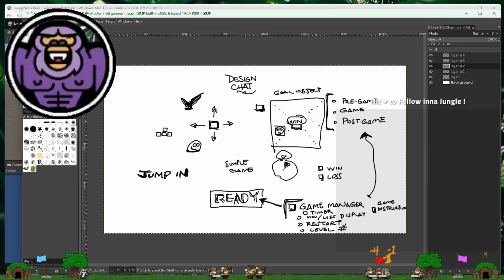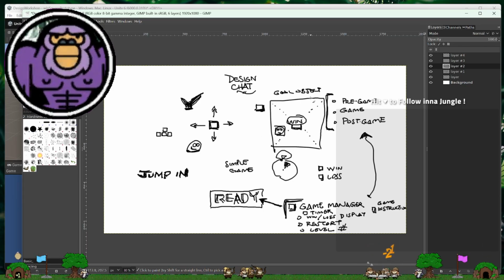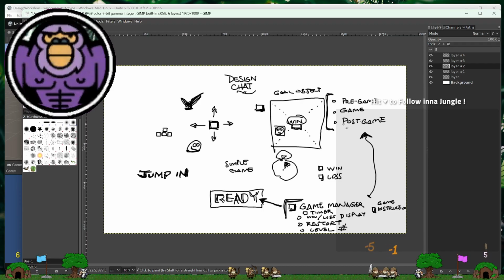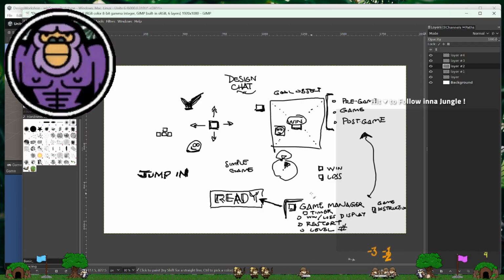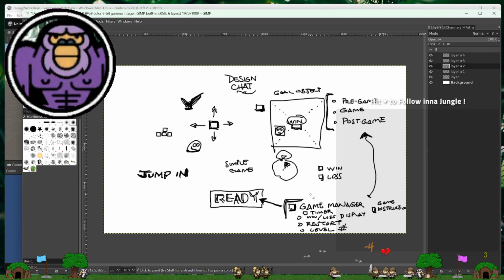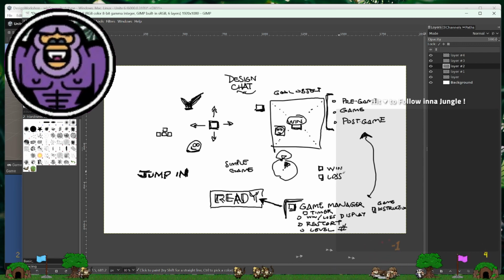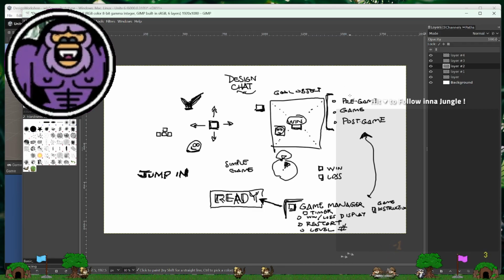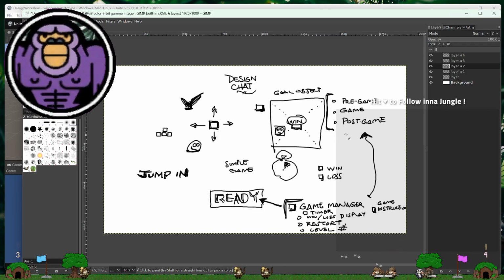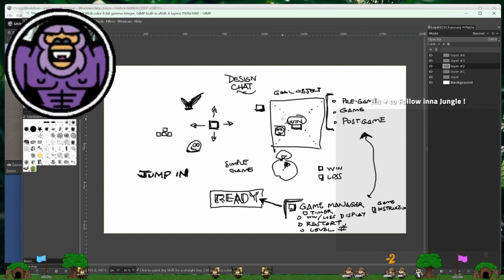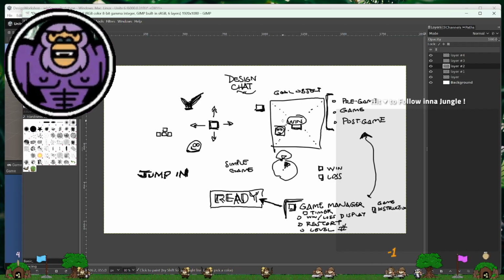Likewise, it can be in charge of telling the win square we are in game. Actually, it could be looking at this thing. The win square can have a reference to the game manager and be looking at whether we are in pre-game, post-game, or whatever, right? So it knows when to shrink and when not to shrink.